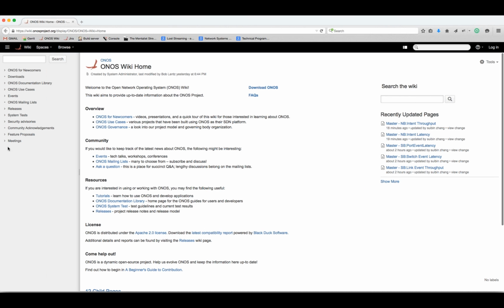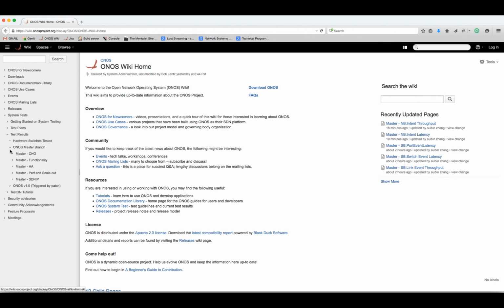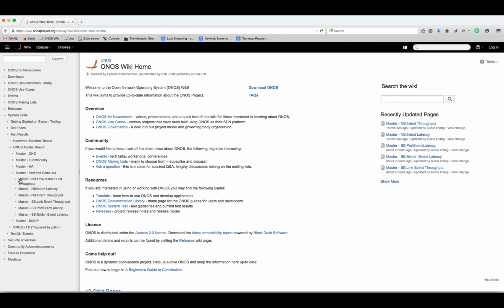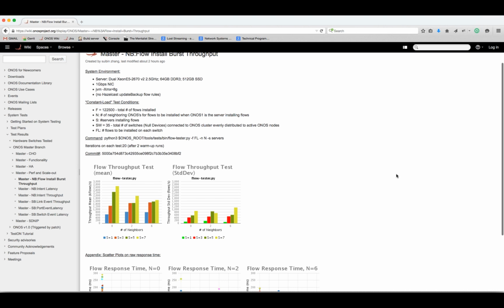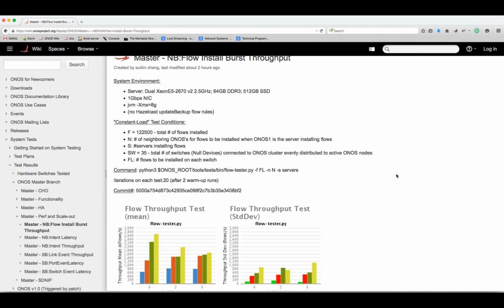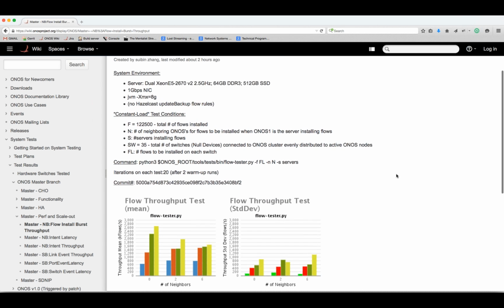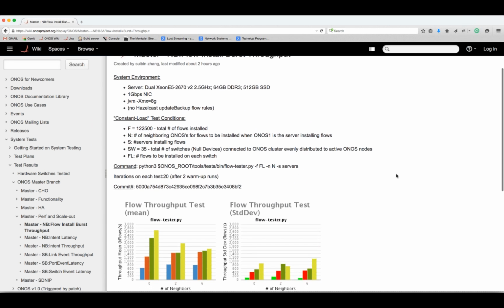So click on system tests. Test results. Master branch. Performance and scale out. And then you have default, the first one. So, this describes the environment setup. The server, what it is, okay, how do we test the constant node? Basically, it is that